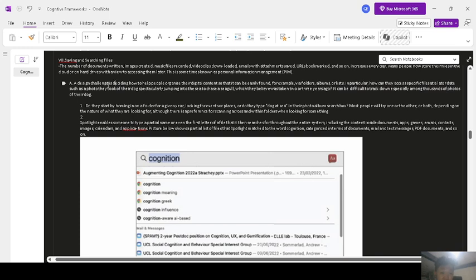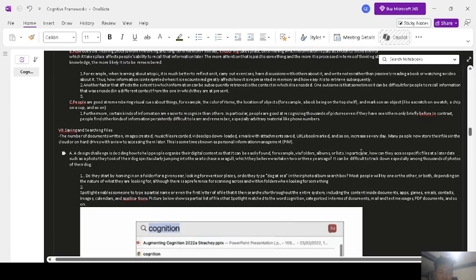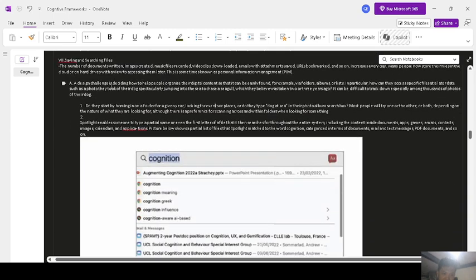The number of documents written, images created, music files recorded, video clips downloaded, emails with attachments saved, URLs bookmarked, and so on increases every day. Many people now store their files in the cloud or on a hard drive with a view to accessing them later. This is something known as personal information management.